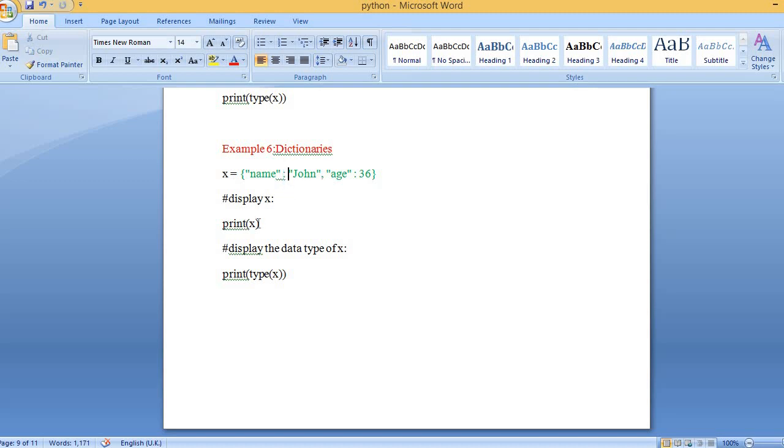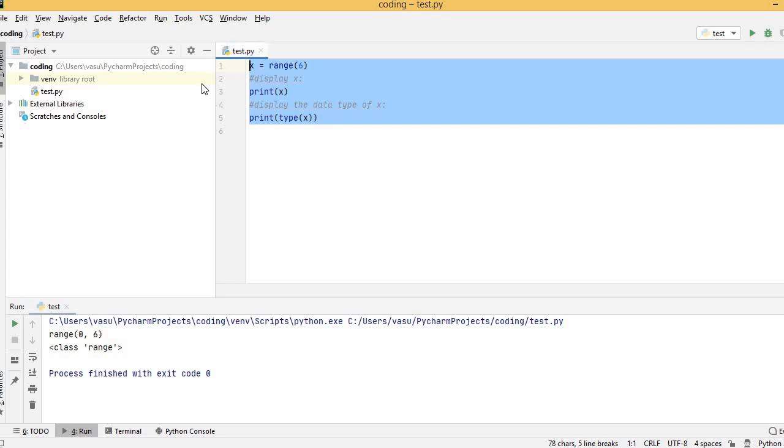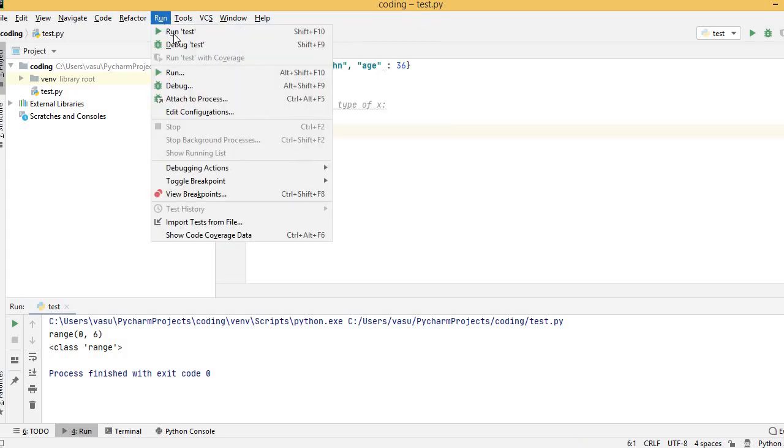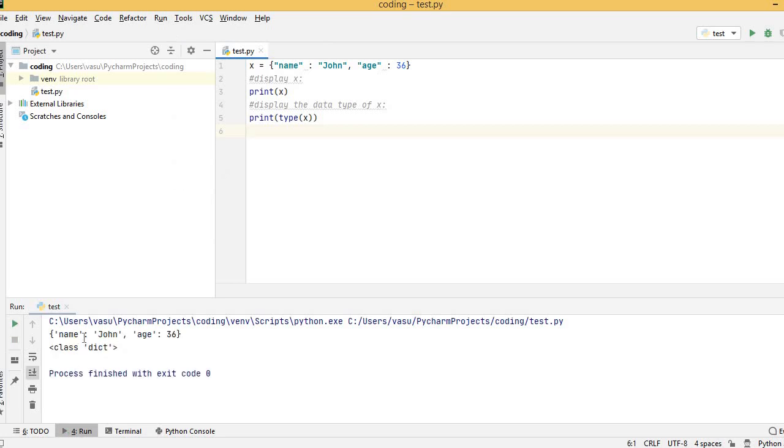Next, print x, these values will be printed, and print type of x. So let me get the output. Can you expect the output? Yes, here it is. Name is John, age is 36, and the class is dict, dictionary type.